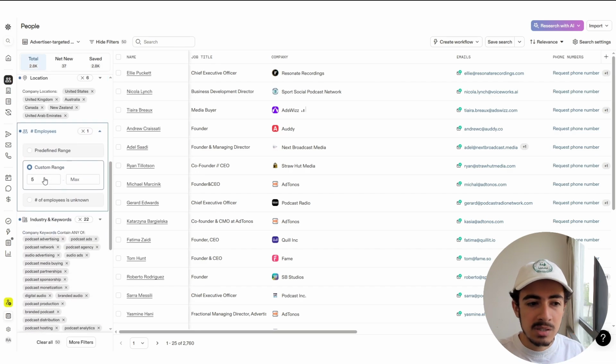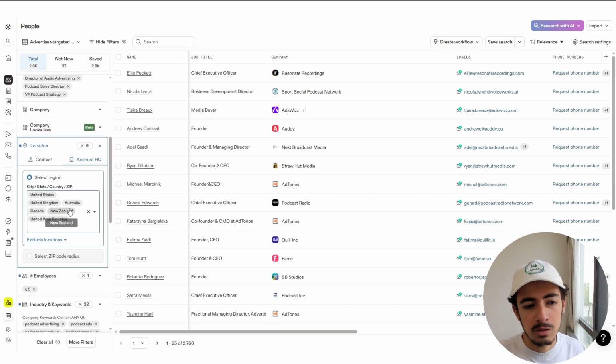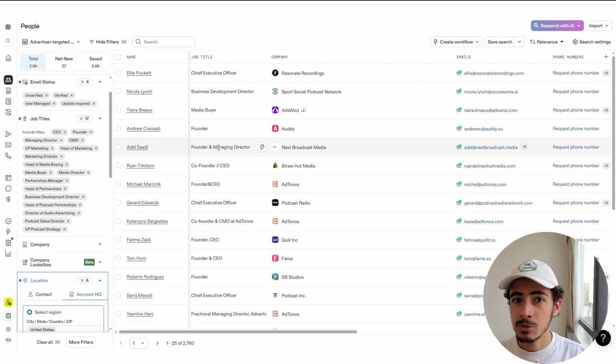Now, in terms of the employees, I want to be targeting people who are 10 and above, 5 and above. The TAM is pretty small here, so I'm willing to go a bit lower, 5 and above. In terms of the location, just targeting people in the US, UK, these kind of people. And then here, in terms of the job titles, I want to be targeting decision makers, influencers, Director of Audio Advertising, Podcast Sales Director, VP of Marketing, CEO. This is something you can also ask ChatGPT. Hey, ChatGPT, I am targeting this persona. Can you give me all of the relevant lists of job titles that are relevant for my service? I sell my service. Okay, and then it's going to give you a list of job titles you can start using to build this list.